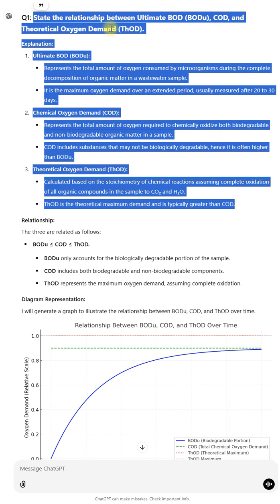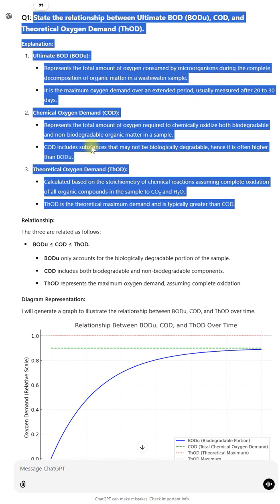State the relationship between ultimate BOD, BO2, COD, and theoretical oxygen demand, THOD. Explanation. Ultimate BOD, BO2, represents the total amount of oxygen consumed by microorganisms during the complete decomposition of organic matter